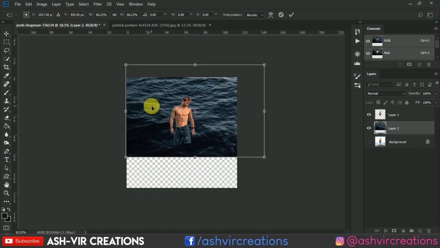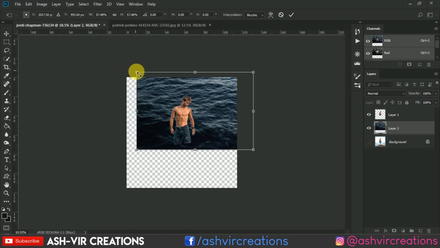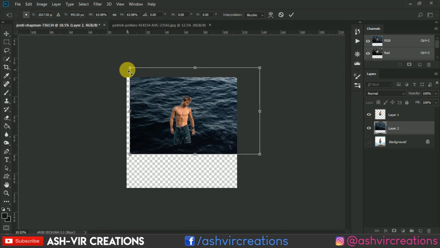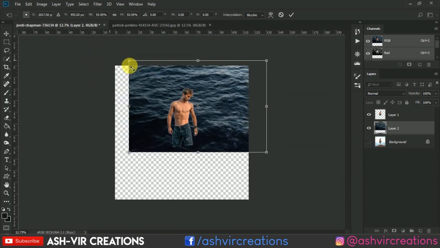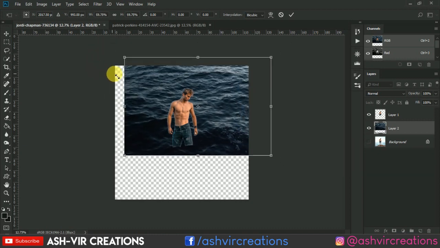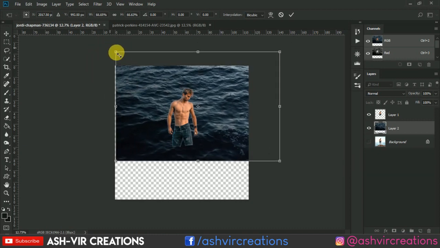Make it smaller: press Shift and Alt and hold the left mouse button from the top left corner and